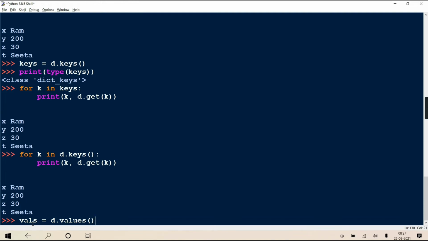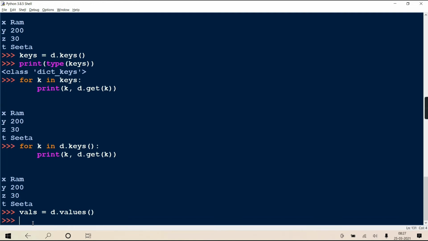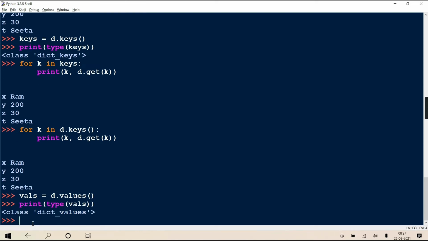But that vals is again an iterable object, of the class dict values. See, print type of vals. It will show that it's an object of class dict values.